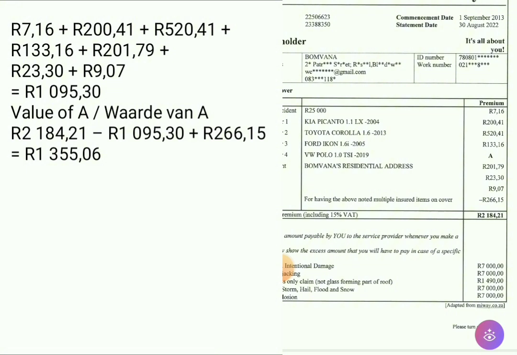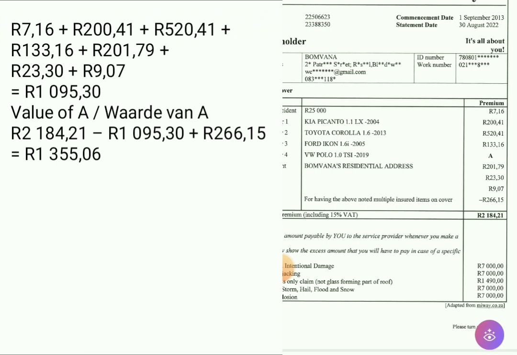That's the answer when you add all of these numbers, excluding the one that says negative 266.15, because it's negative. You don't add it, you leave it behind. After adding the 7 numbers, as you see on the screen,